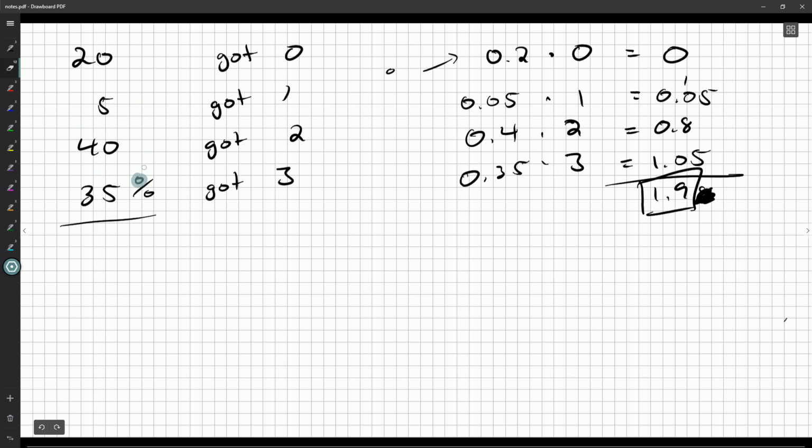5% of 100 is just 5. Okay? And so if you assume that you've got 100 students, you know how many zeros were scored, how many ones were scored, and 2s and 3s. And so to calculate the average,